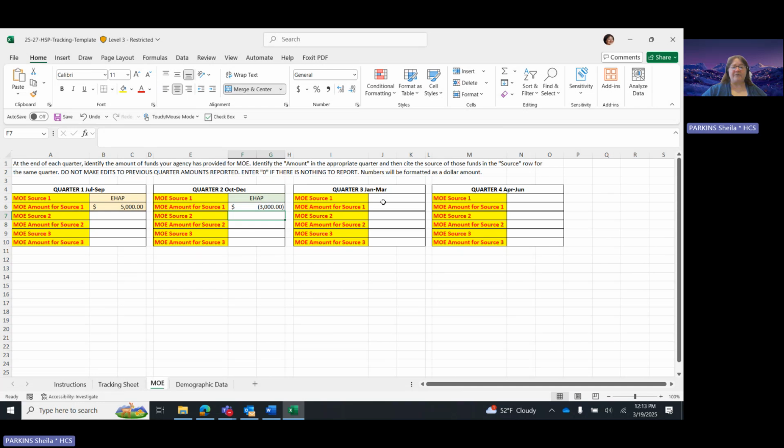This is formatted for every quarter, and I'm going to do this in every quarter so that you can see they are different colors in every quarter. So that will help you identify too and make that separation, but you only want to report in the same quarter. Again, because this is a workbook that you will use throughout the entire biennium,